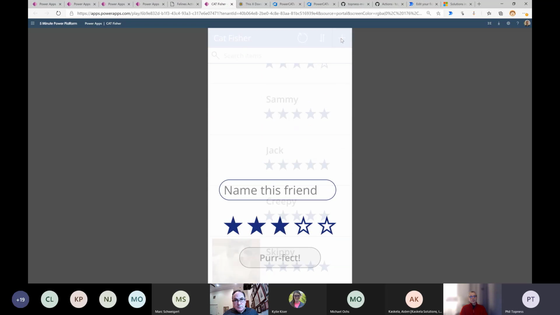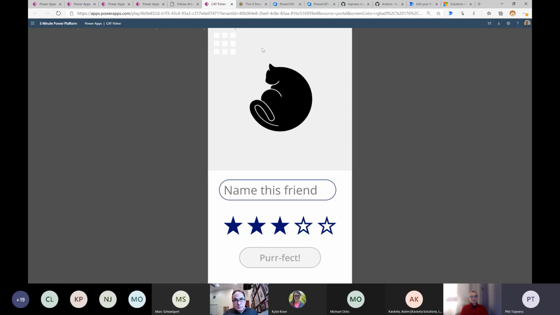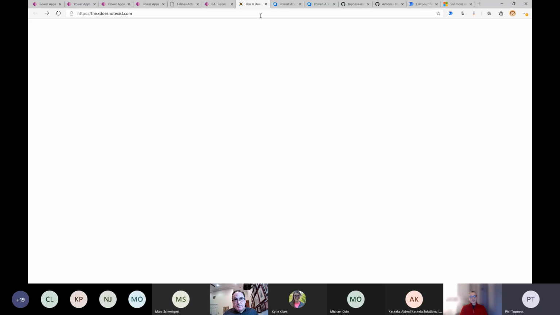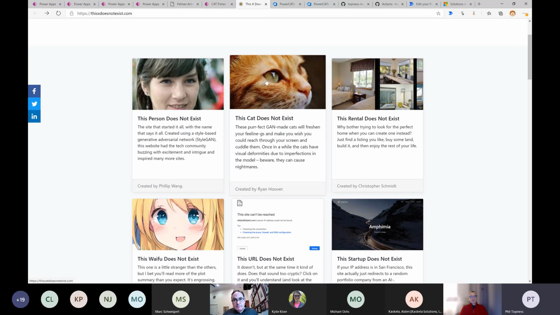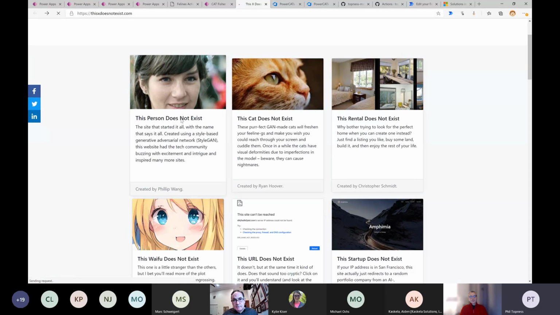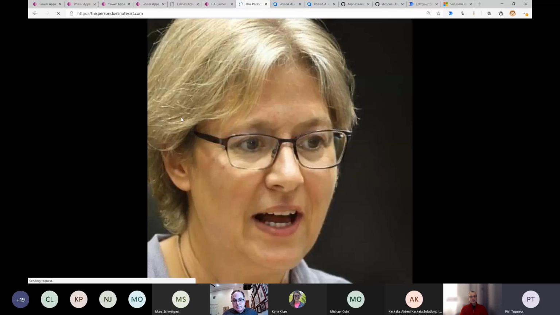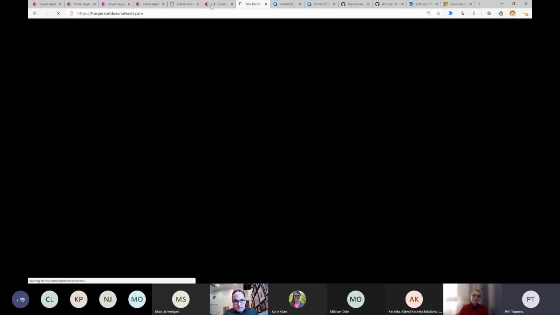What it does, it downloads an AI-generated image of a cat, which, just total aside, and this is extra value for this session for you. It comes from this website, This X Does Not Exist. These are AI-generated images of cats. There's AI-generated images of people, which, I mean, I could spend all day just refreshing this. This is crazy.